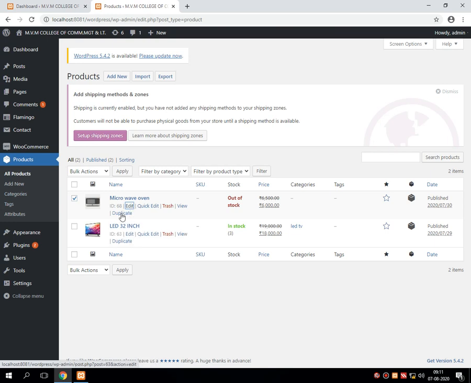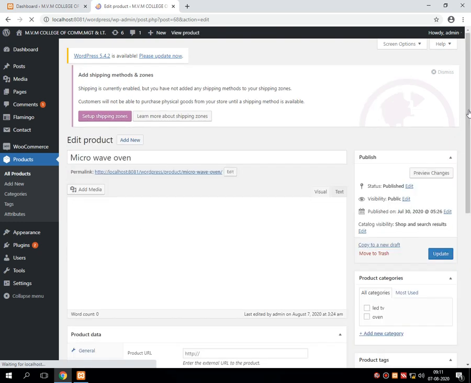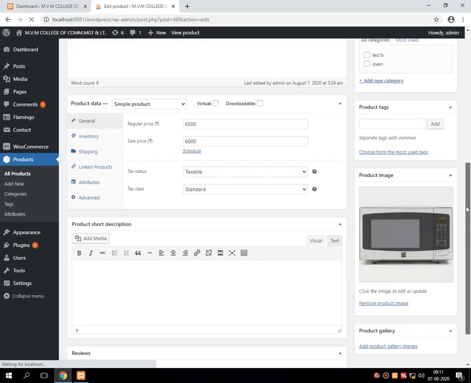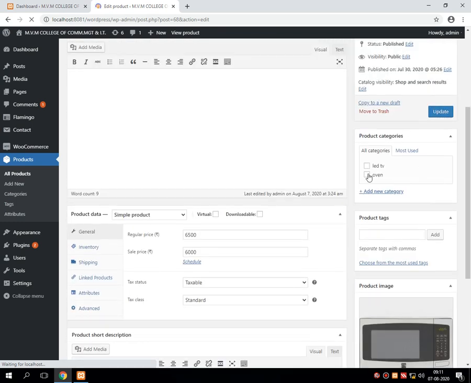I am just updating this microwave oven also. I'm just pressing on edit. Into the category section, I am selecting oven and updating the system.